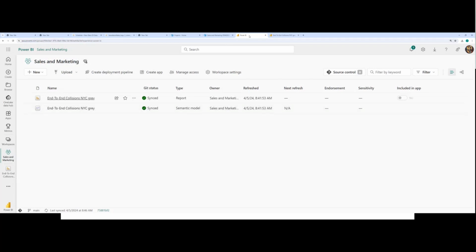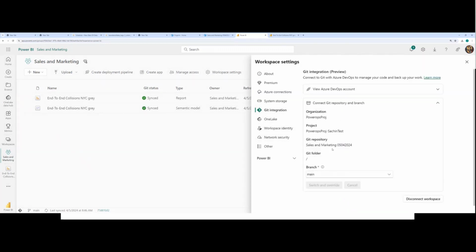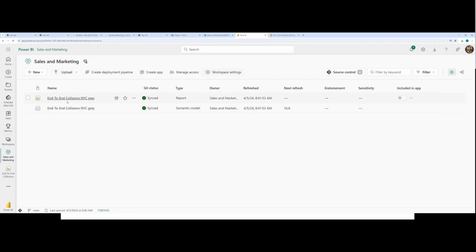high level. So you can create the sales and marketing dev workspace, and then in workspace settings, in the Git integration, instead of choosing the main branch, you're going to choose the dev branch there. So that's the only change. Once you change it to dev, it's going to sync the dev branch. So then you have two choices. Once you have the dev branch and the prod branch, either you can use the pull request from in